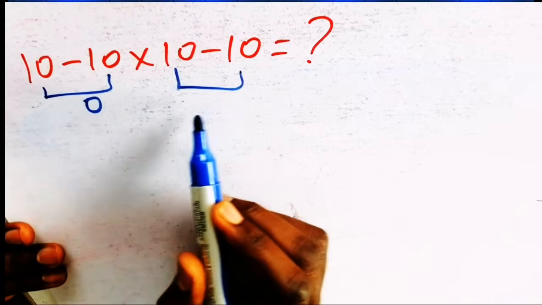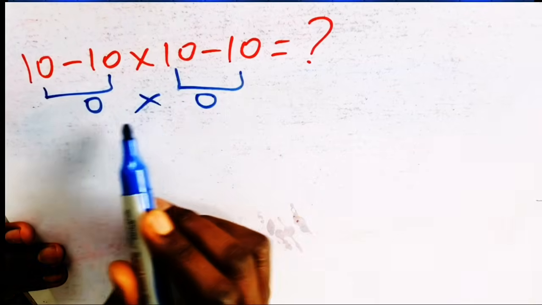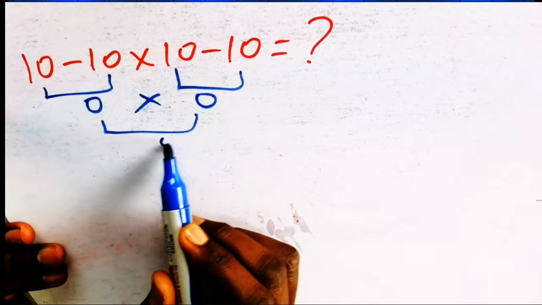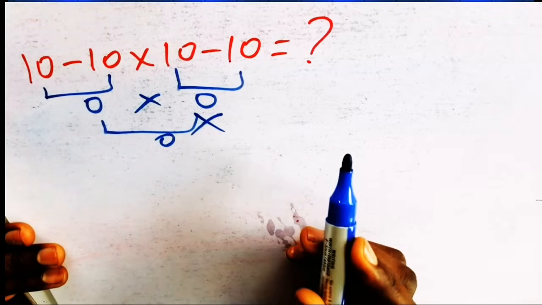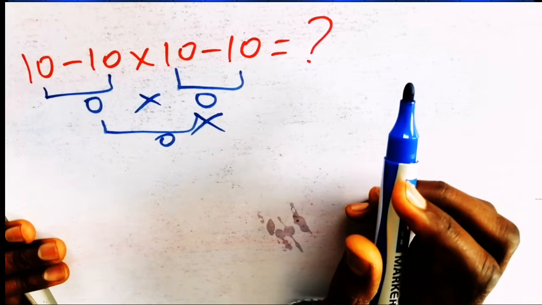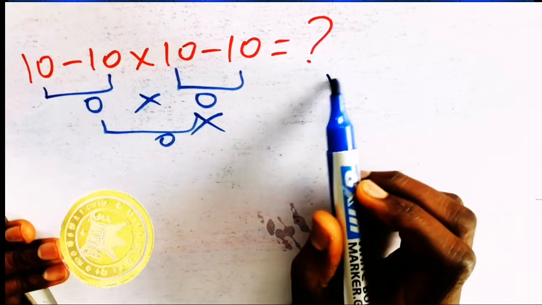Here is 10 minus 10, which equals 0. Then 0 times 0, which equals 0. But this answer is not correct, because according to the order of operation PEMDAS, first we have to do parentheses,